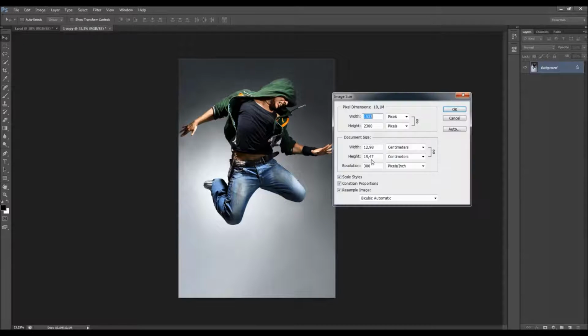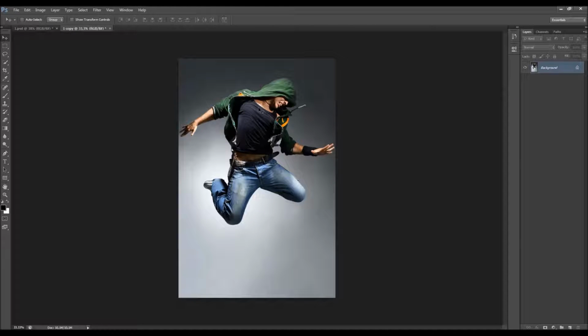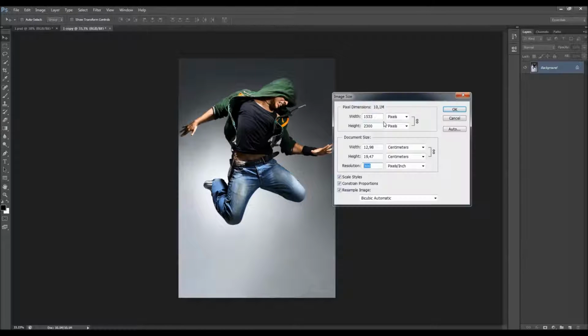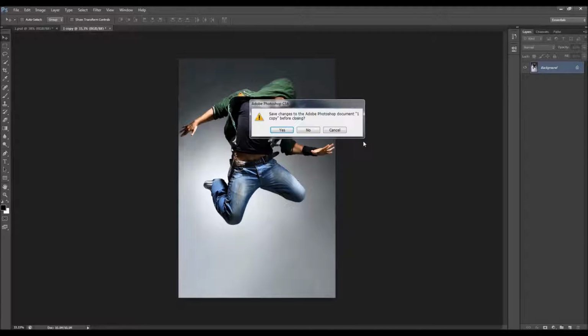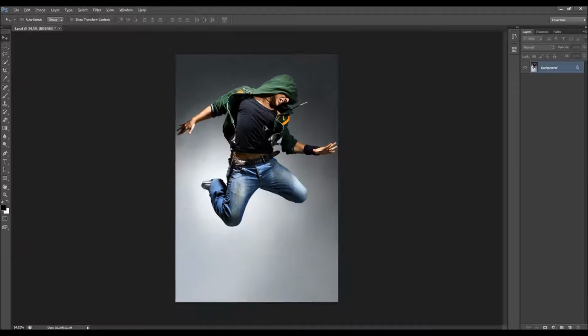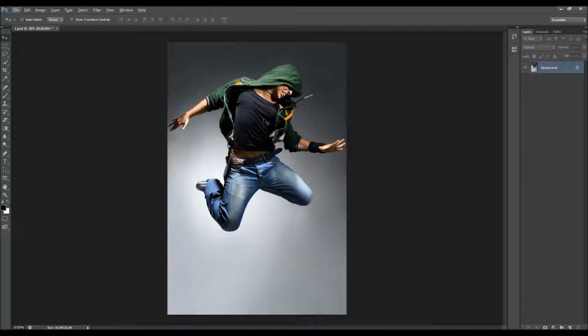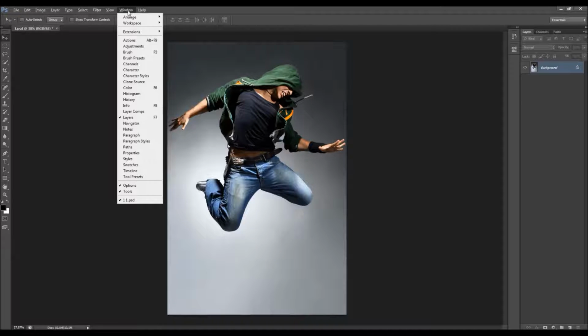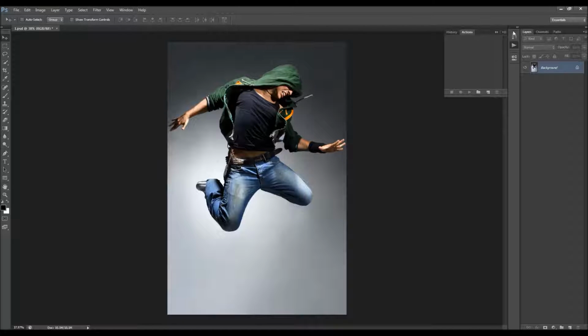Just click OK. If your photo's resolution is 72, for example, like this, all you have to do is type 300 there and decrease the size here, and that's it. You will have a 300 resolution photo. So just turn on this,